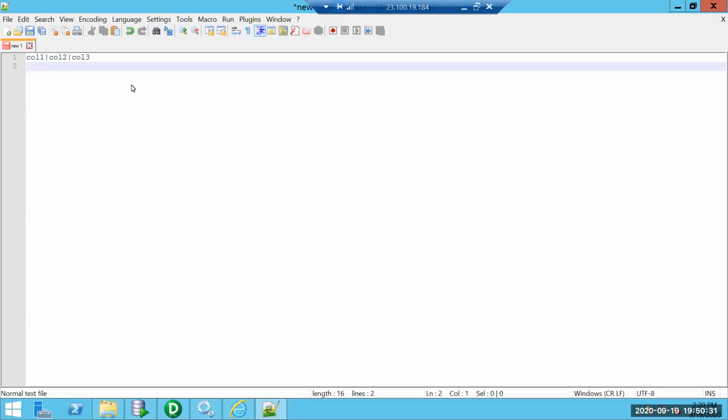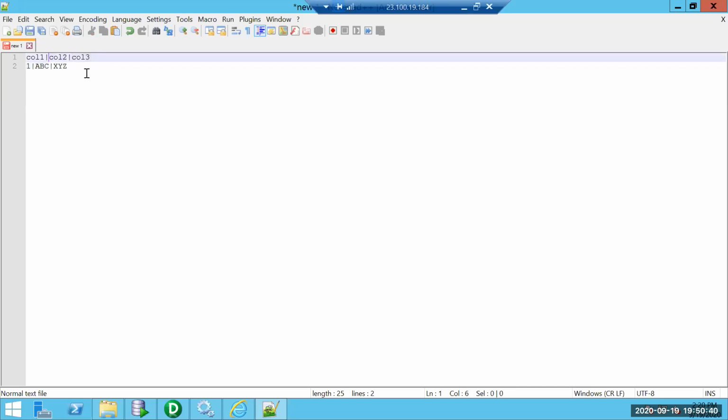The second row will be my data, like 1, 5, ABC, 5, XYZ. The same thing. So this is delimited, meaning any two columns are separated by a separator. In the previous case it was pipe, now I am separating with a comma.